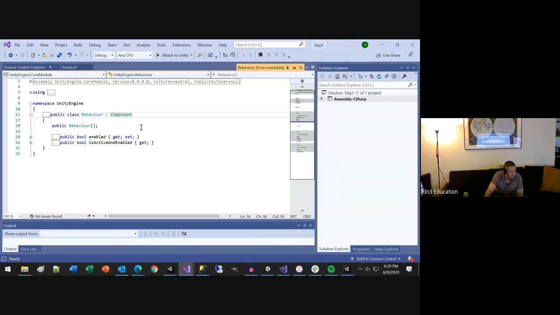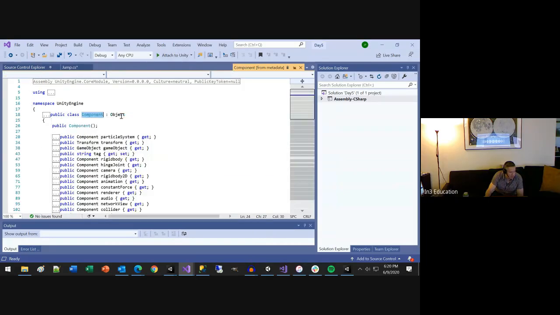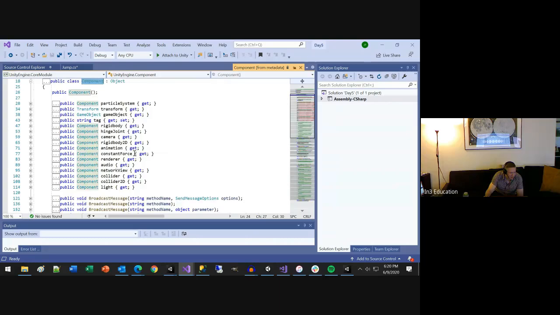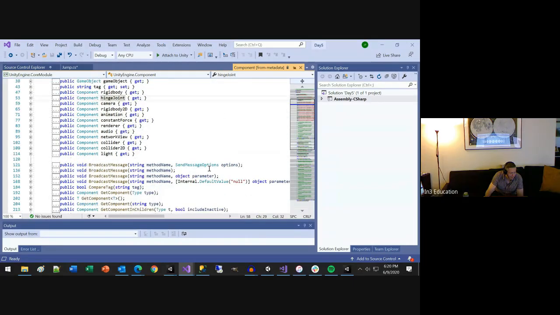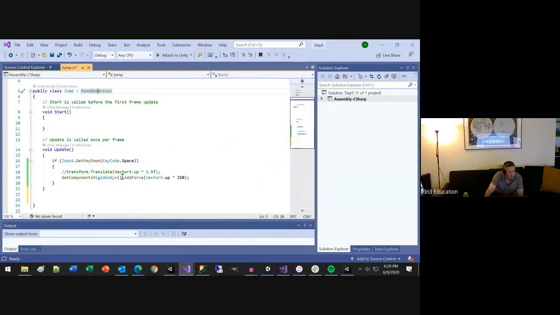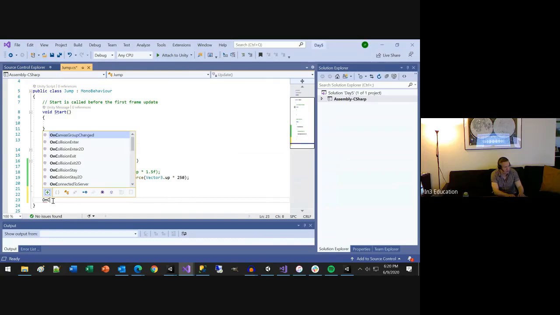Component is probably the magic. This is where all components might have lights or renderers or rigid bodies or cameras, or a tag. But they have colliders, so they also have this OnCollision